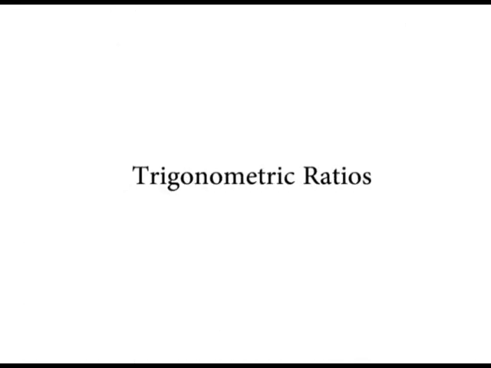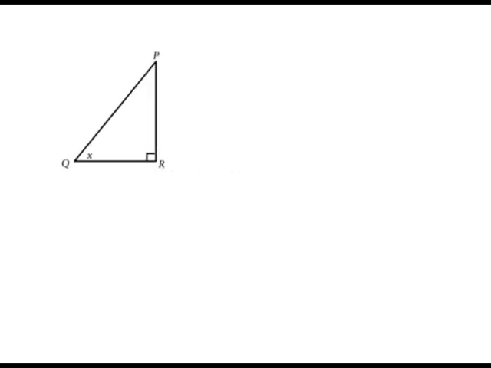Chapter number 4, Trigonometric Ratios. Now consider this triangle PQR and let's get a recap of what we already know. In this figure, PQ is the hypotenuse, PR is the opposite side to angle X, QR is the adjacent side to angle X. We know that sin X is equal to PR over PQ, cos X is QR over PQ,